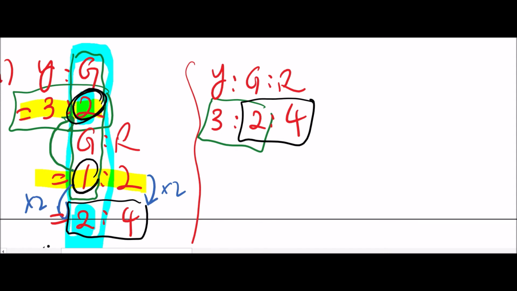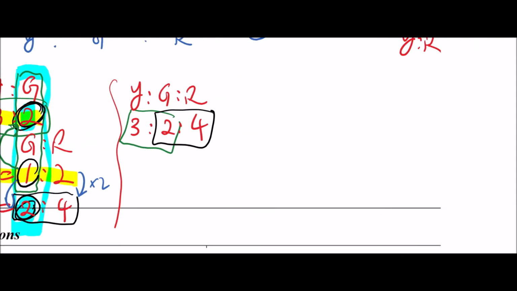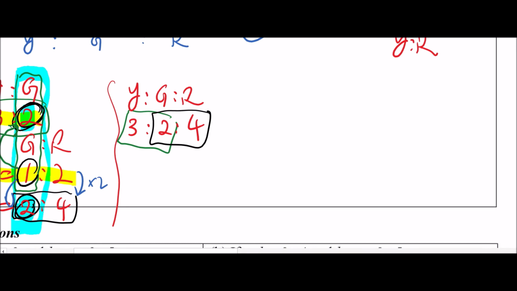When I have a common 2 in the middle for green, only then I can combine the two ratios separately into one single ratio. I hope that is clear enough. If not, we can go through another example another time. All right. So now,